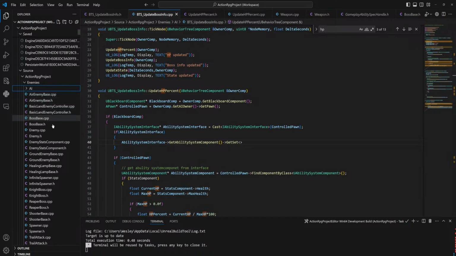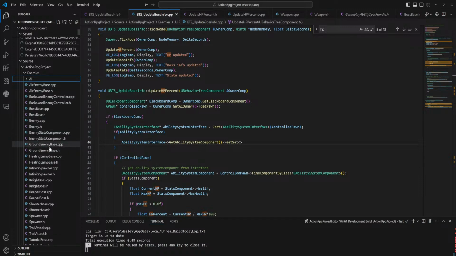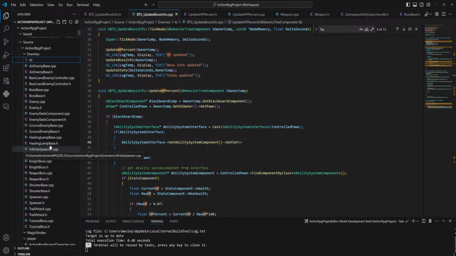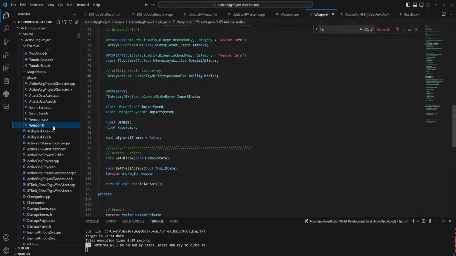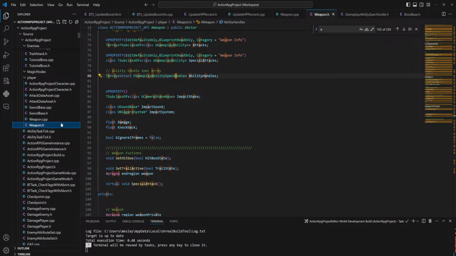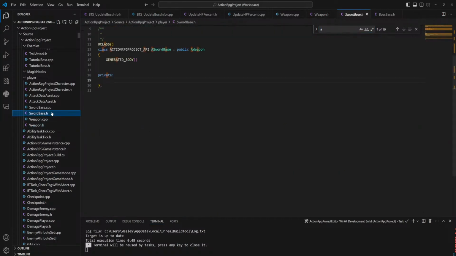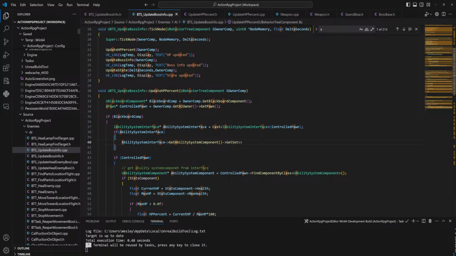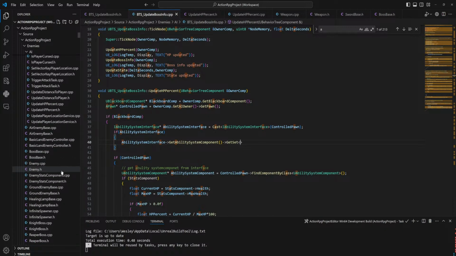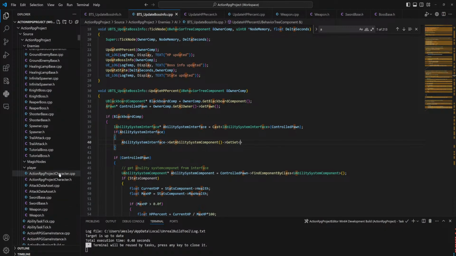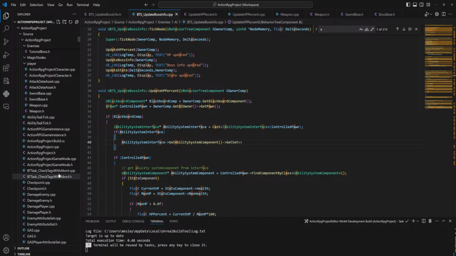Let's close AI. It's called something like enemy attribute set. Oh no, that's not where I want to look. I want to search in there. No. It's been a long week. Can you tell? Enemy attribute set. There we go. That's what it's called.